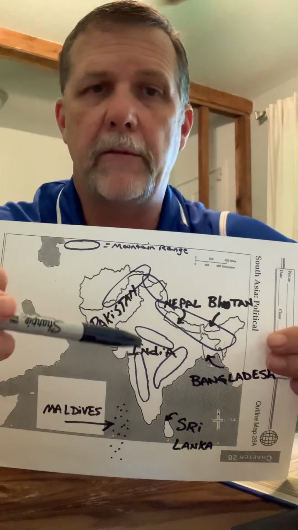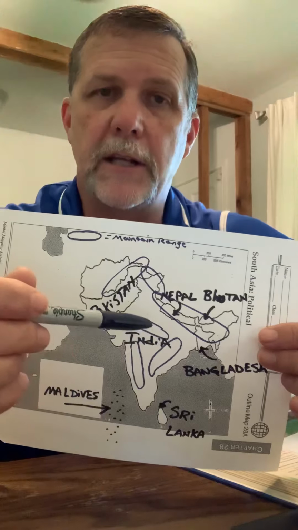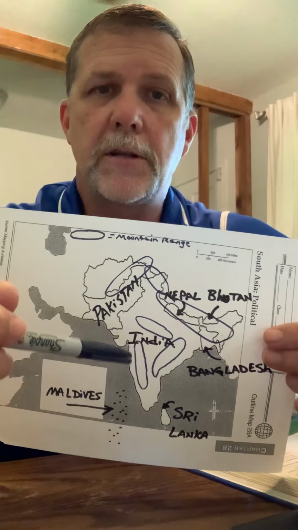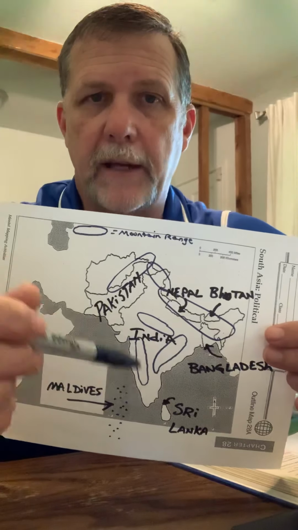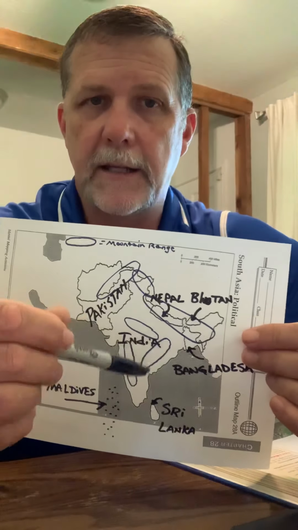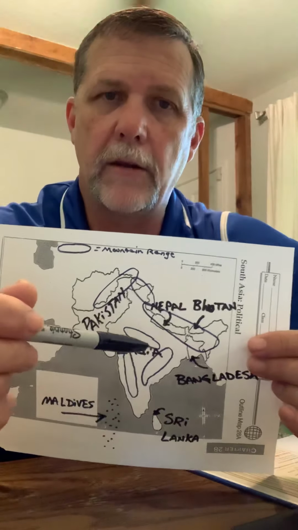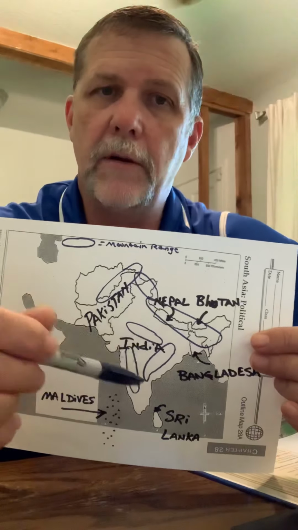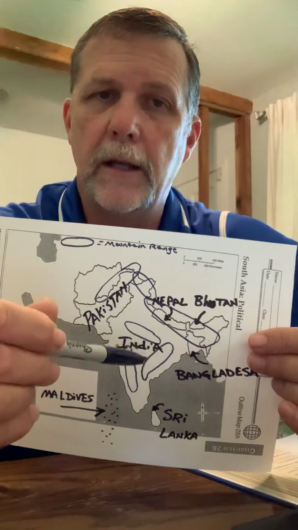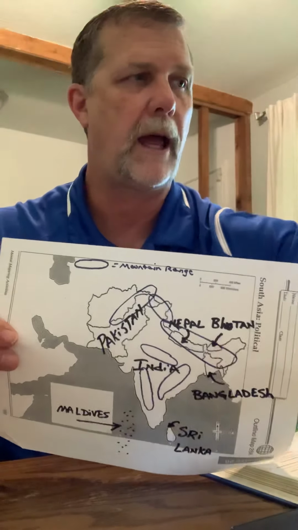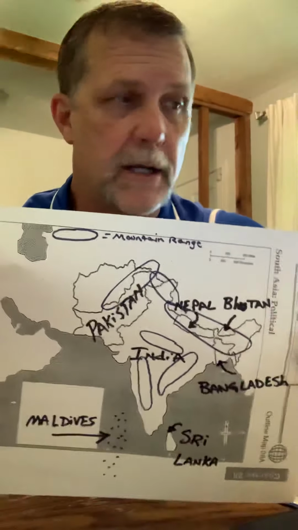You also have a couple other mountain ranges, Vindhya, which is kind of parallel to the Himalayan mountain range, and it's in the northern part of India. And then you also have what we call the Western and the Eastern Ghats. And so you have the Western Ghats and you have the Eastern Ghats, and they're on both sides of India. And then kind of right in the middle, they've created a little plateau. This is the Deccan Plateau. So you have the coastal range, then you have mountains, and then you have a plateau. And so that's typically what you have when you're thinking of this South Asia. Think of a lot of mountain ranges.